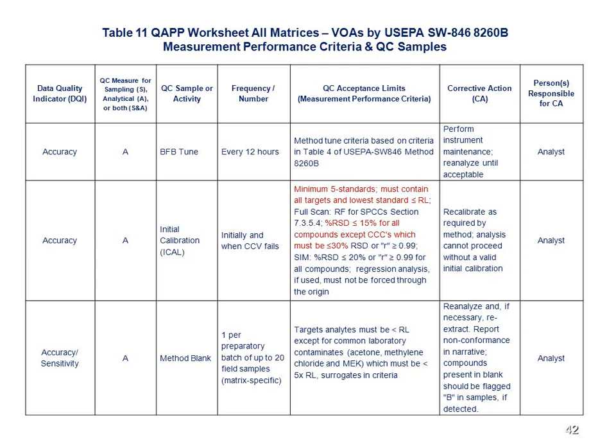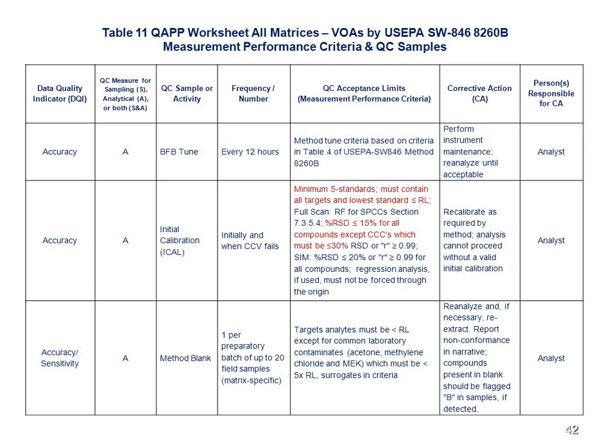So there are some terms in here, acronyms that are used in the methods. The laboratory better know what they are, or you better get a new lab. So for example, accuracy, initial calibration: it's a minimum of 5 standards. It must contain all targets, and the lowest standard must be at or below the reporting limit, exactly what Greg